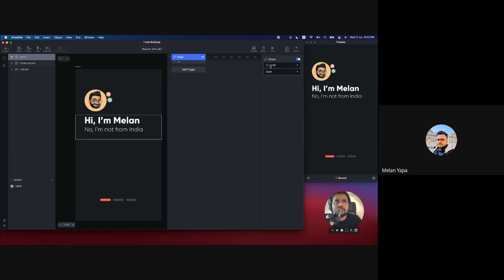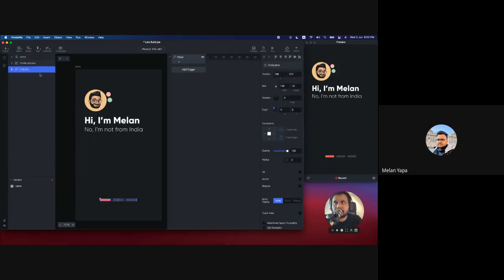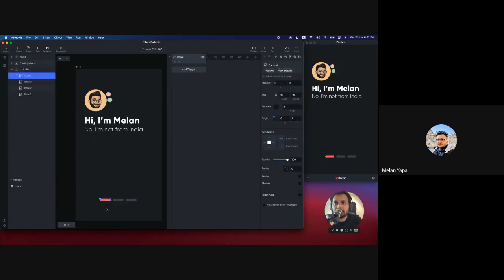This is the layer name, and this is the chain you want. If you click on this one, you have all the other options I just showed, right? So when the scroll container is changing, I want this indicator, the current one, to move